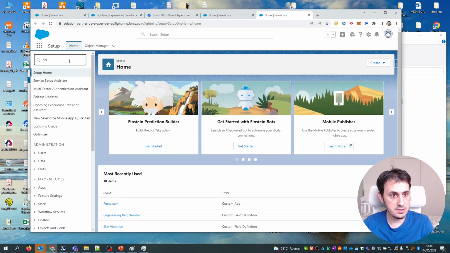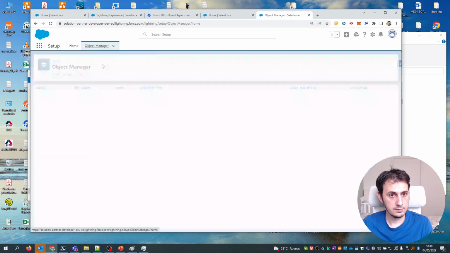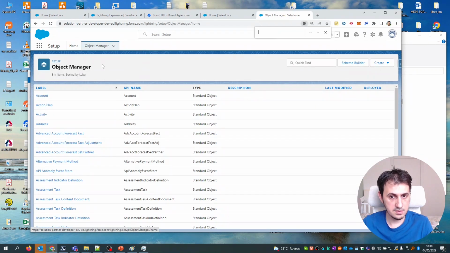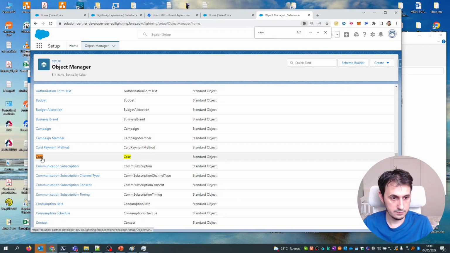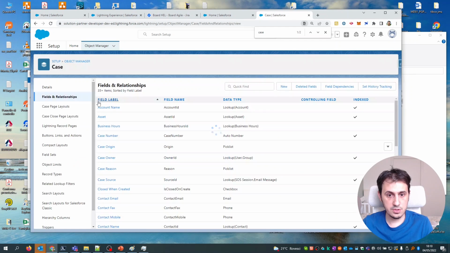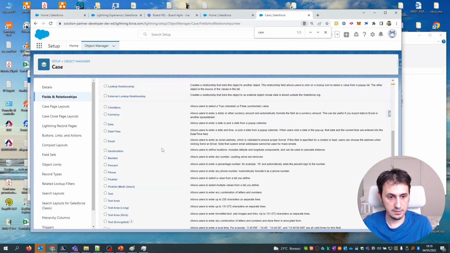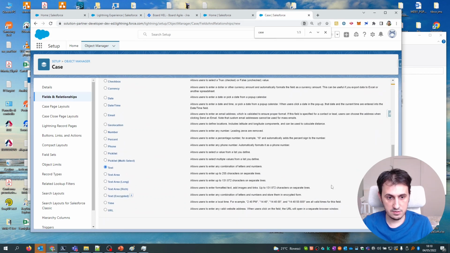So, object manager. Okay, let's select case, fields and relationships. I create a new field Jira ID, that is text, I think.